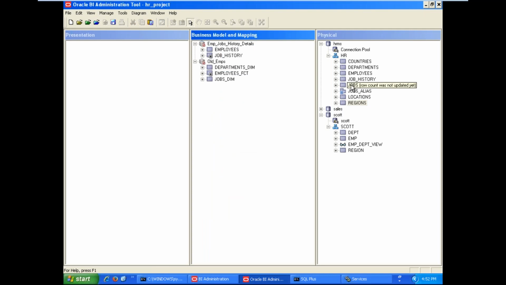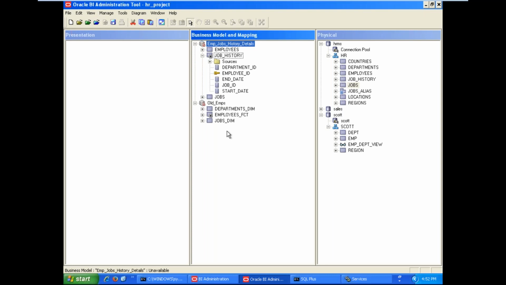Now we can add the jobs table. Like this, here the job history table is the child table. Now we can expand it. Here we don't have any facts. Actually, see here in the employees table, we have facts like salary, commission, ETCL. These are called facts. We derived some facts in the employees underscore fact table in the old model, whereas here we don't have any facts. If you don't have any facts in a fact table, that is called a factless fact table.